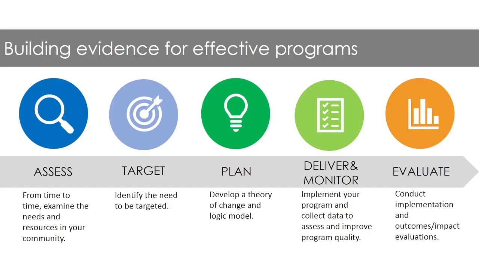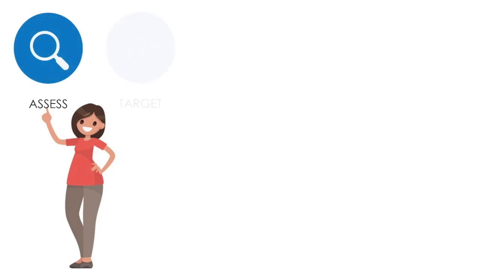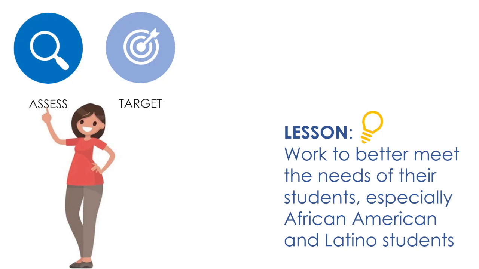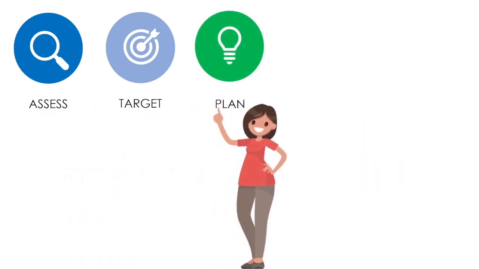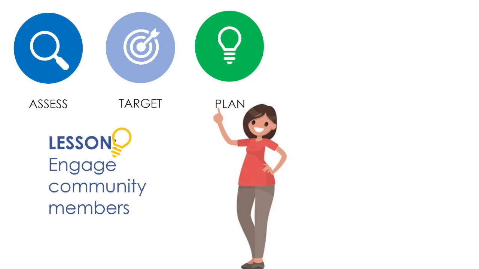Let's look back at what Maya has accomplished so far on her journey. In steps 1 and 2, working with the community, Maya and her team learned that they needed to work on better meeting the needs of their students, especially African American and Latino students who gained less from the program than their white peers. In step 3, they made changes to their theory of change and logic model to focus on reducing the gap for African American and Latino students. Throughout the process,